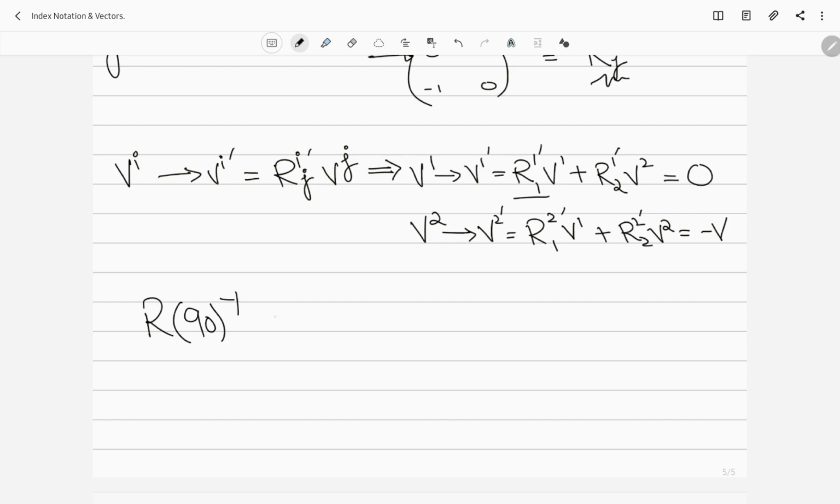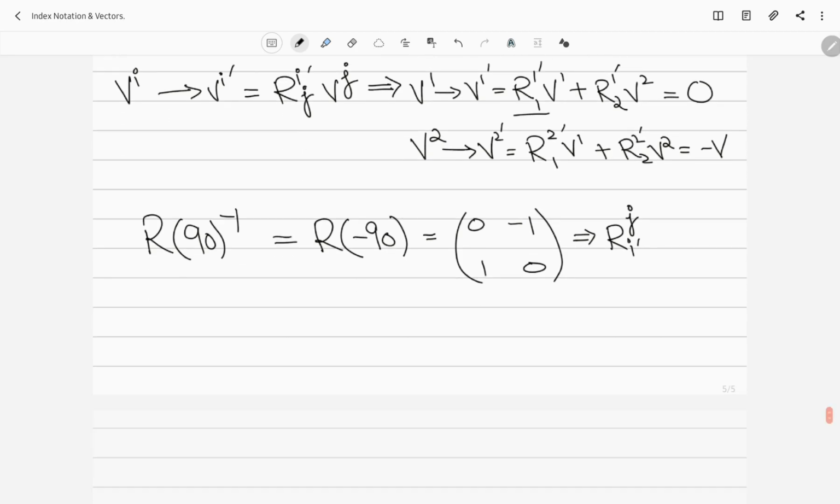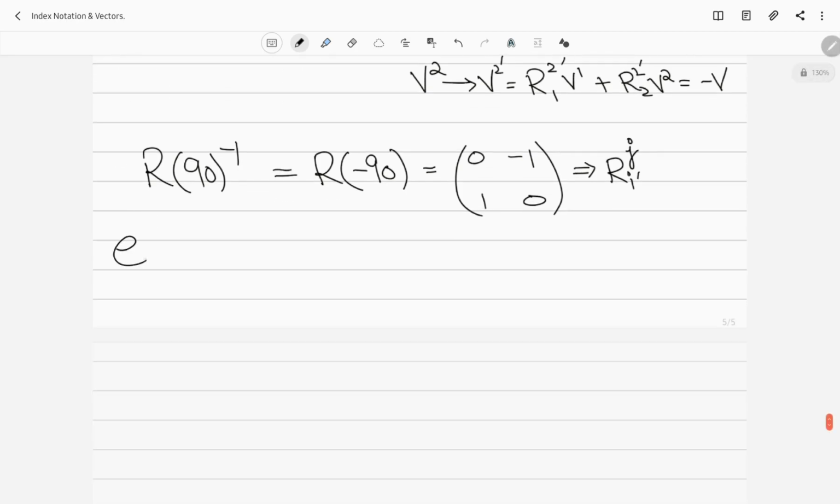So this thing simply means rotate by negative 90 degrees. So rotate in the opposite direction by 90 degrees, and the matrix for that would be 0 minus 1, 1 0, right? And you will call this matrix or this object r I prime j, right? Now with this, you can see that e1